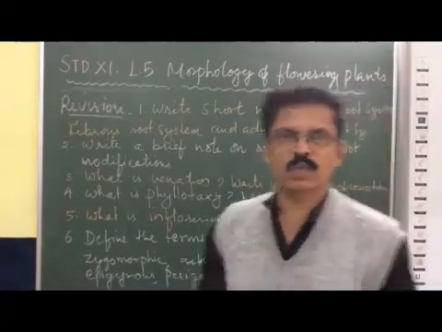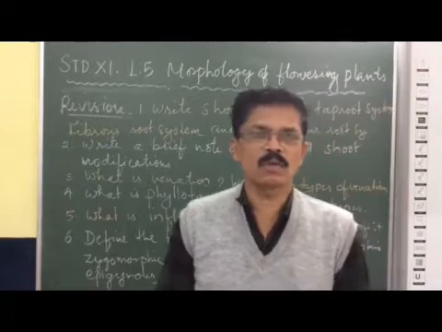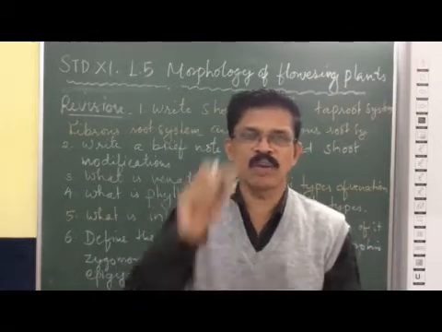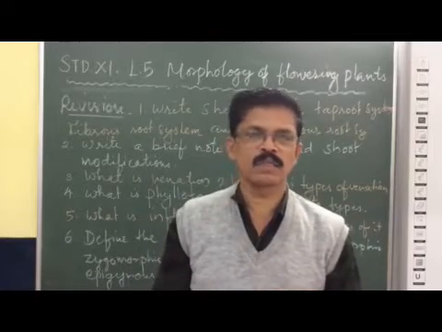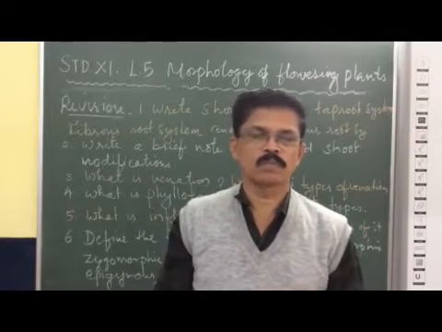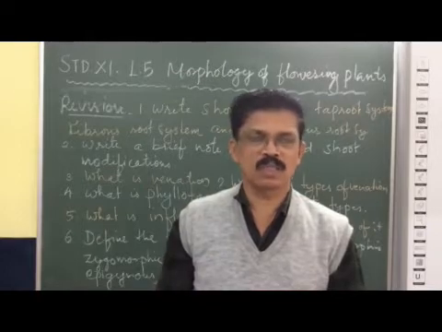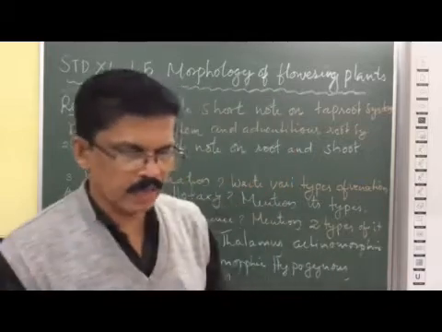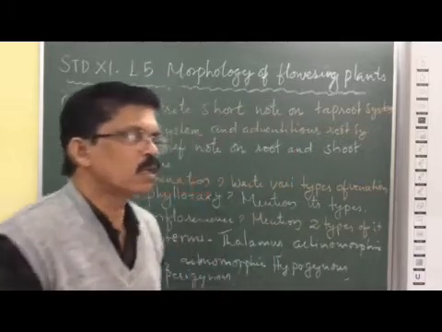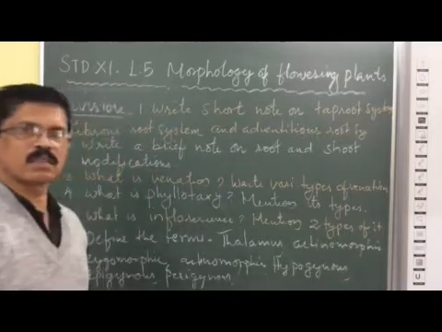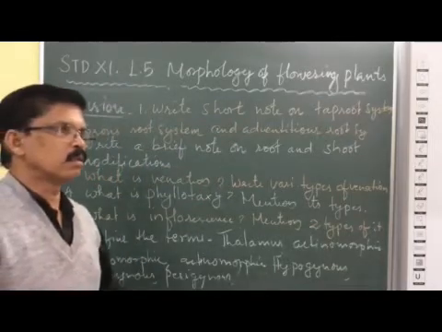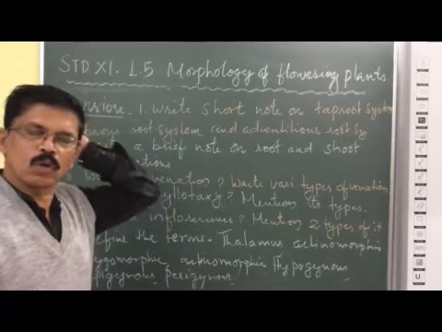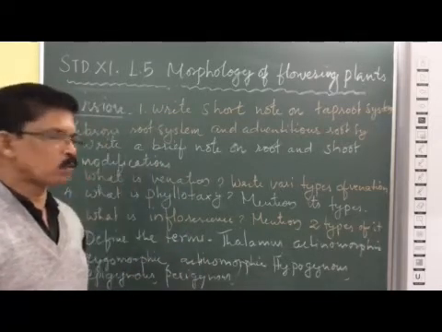Then fibrous root system. In fibrous root system, the radicle does not grow deep into a primary root. Instead, the radicle divides into many fiber-like roots, as we can see in monocots. All types of monocots such as grasses, coconut tree and all palm trees, we can see that the radicle divides into many fiber-like roots, called fibrous root system.